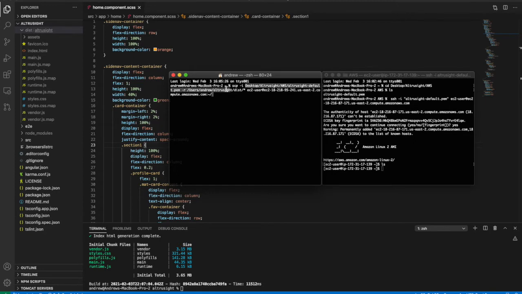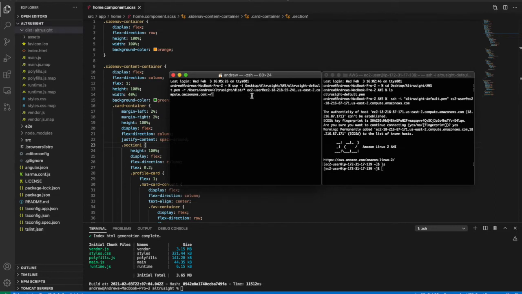This is my permission file and the path to my permission file. This basically just says copy this entire directory into the remote directory. And my build files are located at this path under the distribution folder, or dist folder, and this asterisk just means copy all the files under this folder